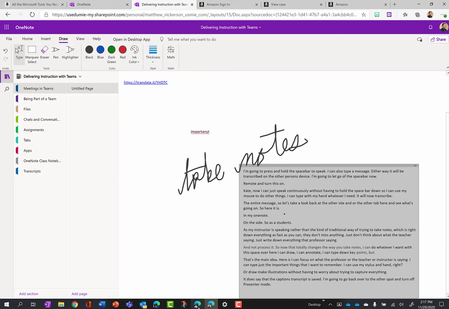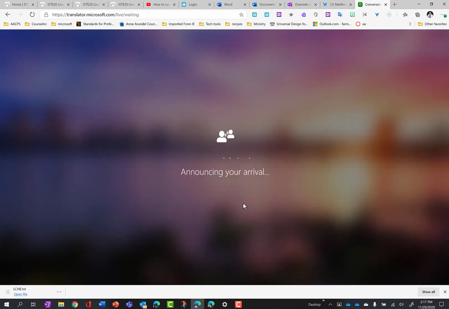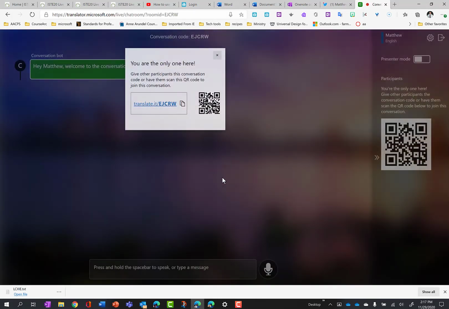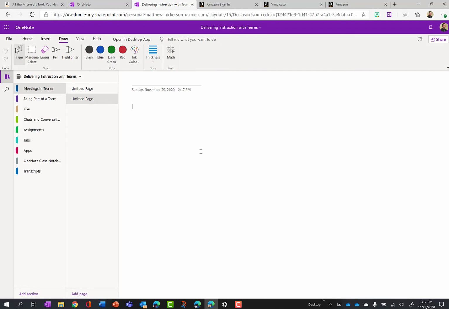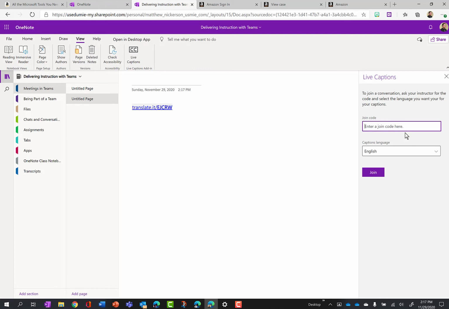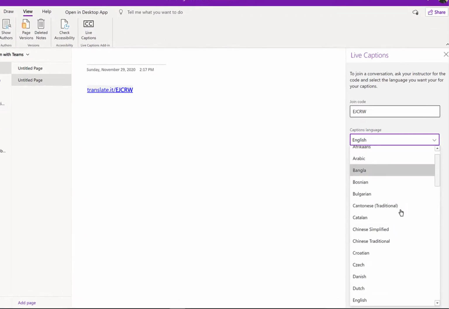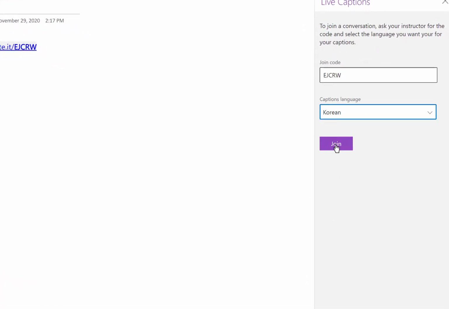As you can imagine, we could do the same sort of thing in another language. I would continue to speak in English, and this time we'll have a new join code. Let's grab that, and let's go to a clean page. Paste that here, and I'm going to try pasting that whole URL in here, and no, it doesn't like that, so we'll go ahead and just type it. And this time I'm going to change my captions to Korean. I'm going to click join